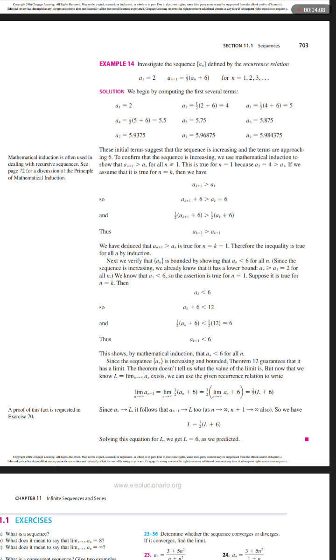Since the sequence {a_n} is increasing and bounded, Theorem 12 guarantees that it has a limit. The theorem doesn't tell us what the value of the limit is, but now that we know L = lim a_n as n approaches infinity exists, we can use the given recurrence relation to write the limit as n approaches infinity of a_{n+1} equals the limit of 1/2 (a_n + 6) equals 1/2